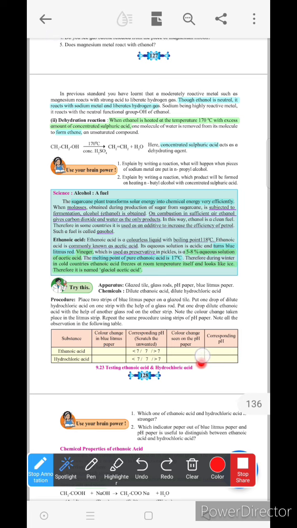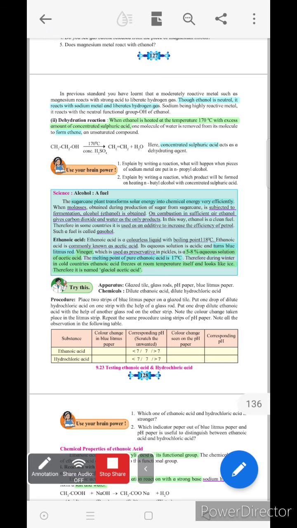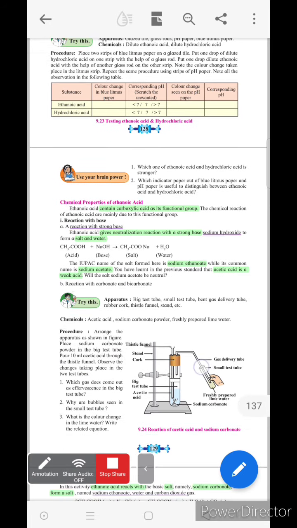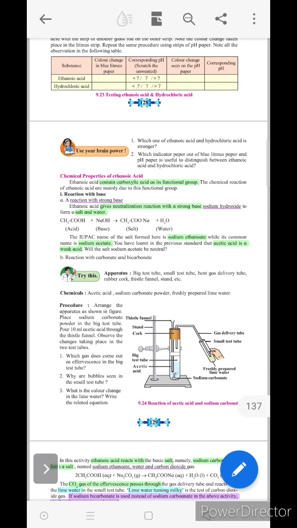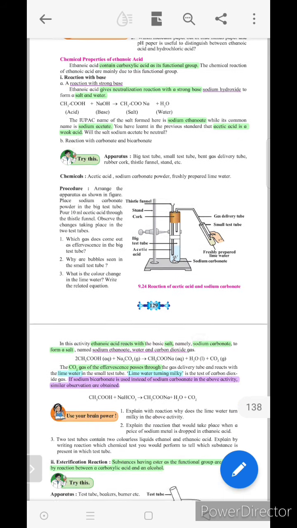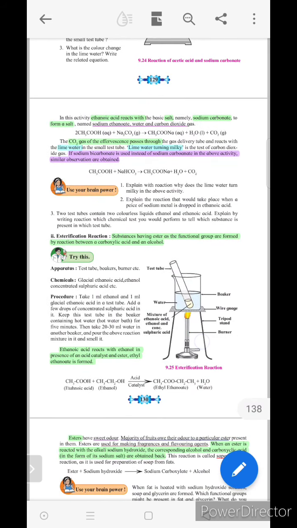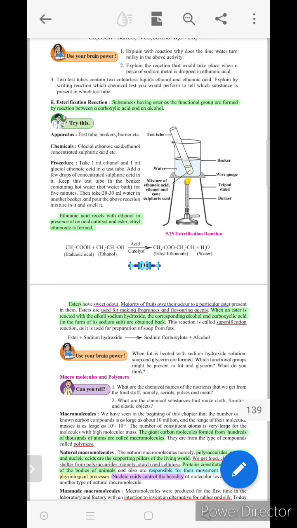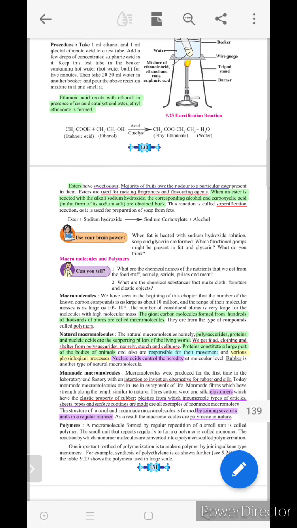Now we will move on to the next page, page number 129. There is no reduction on page number 129. Page number 130, there is also no reduction. Now on page number 131,